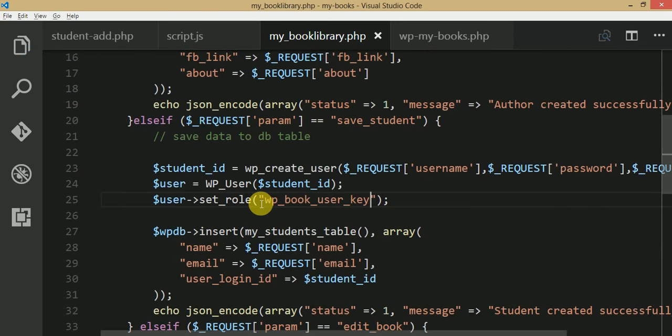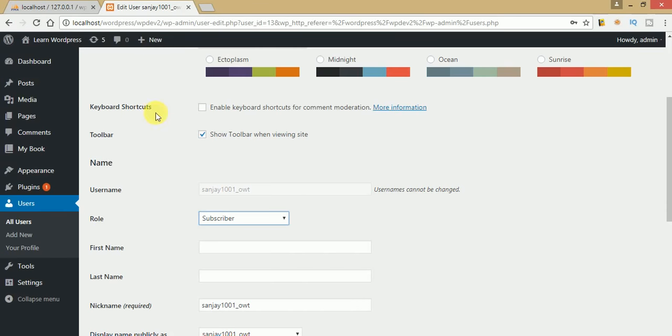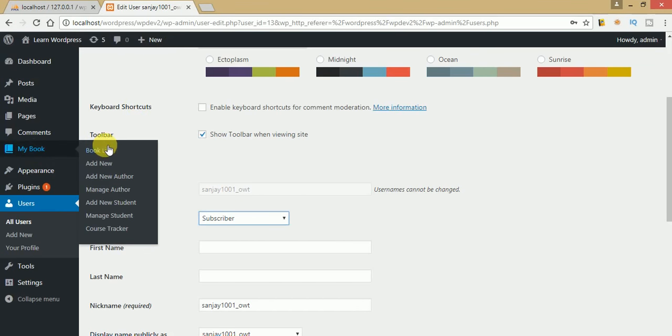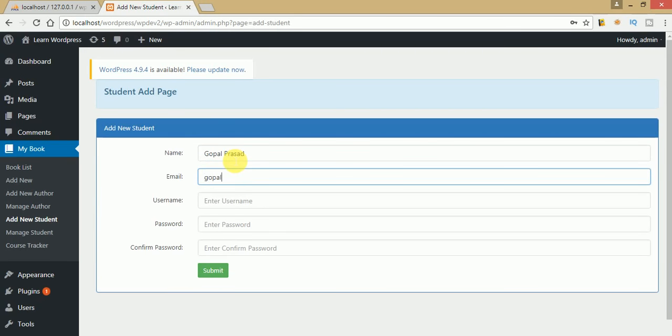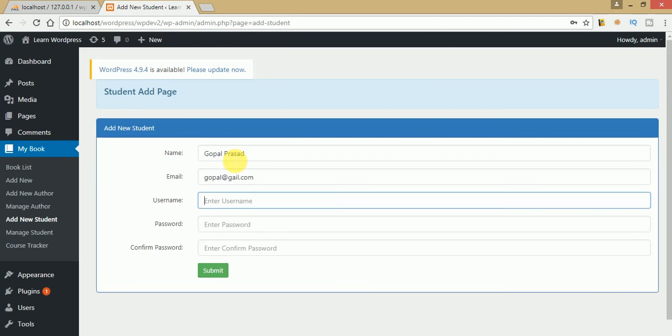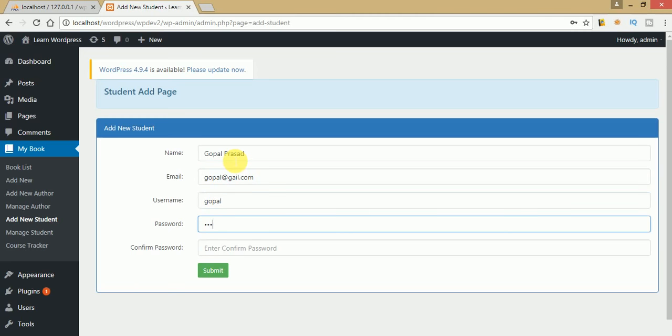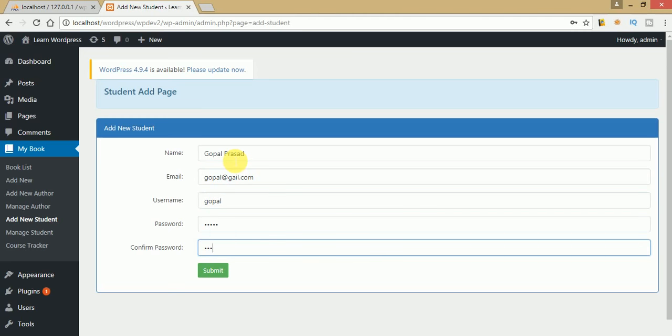Successfully, guys, when we save this file and go to the front end section, let me create a new user. Add new student, let's say Gopal Prasad, and the email should be gopal@gmail.com. Username should be Gopal, password is Gopal, and the confirm password should be Gopal. So when we click on the submit button,